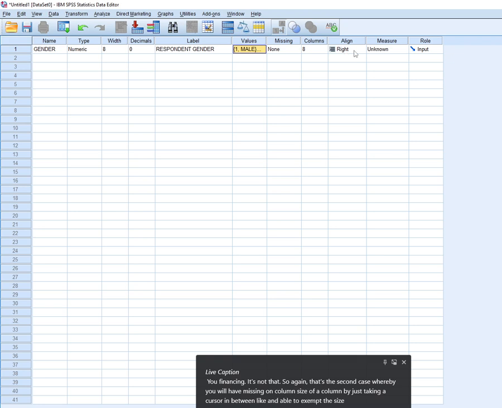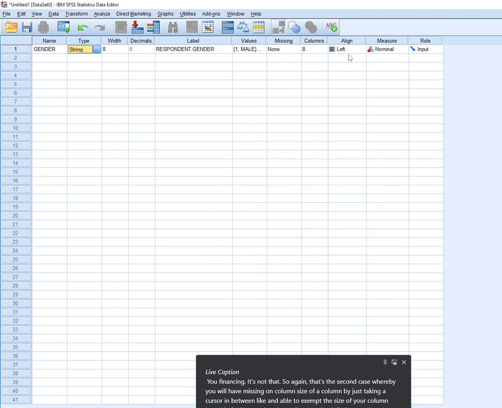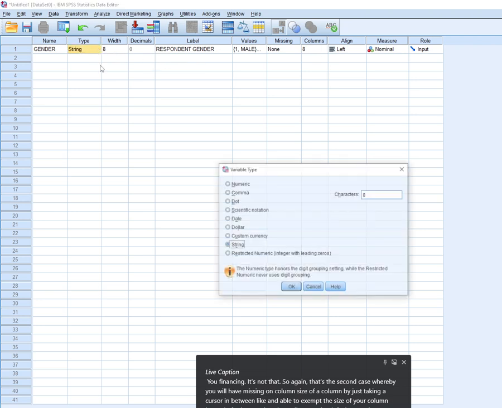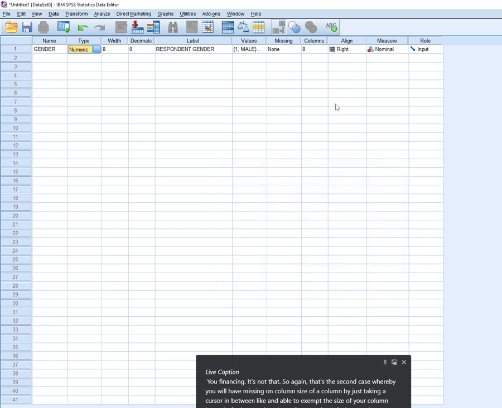And on column, size of a column, by just taking your cursor in between, you can be able to expand the size of your column instead of using numbers here. Alignment, by default, numerics are always aligned to the right. Strings are all aligned to the left. So every time you select from your type, so for instance, if I adjust to string and I click OK, you realize that now the alignment is left. If I go back and